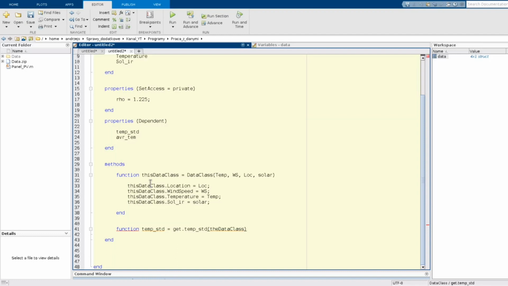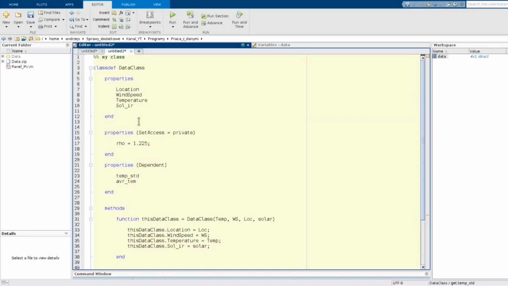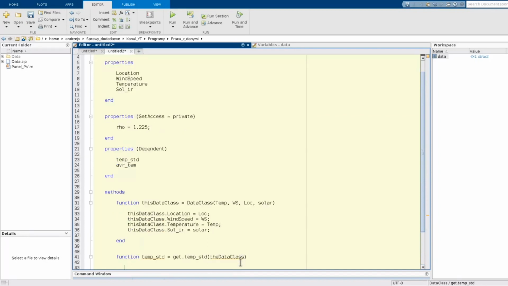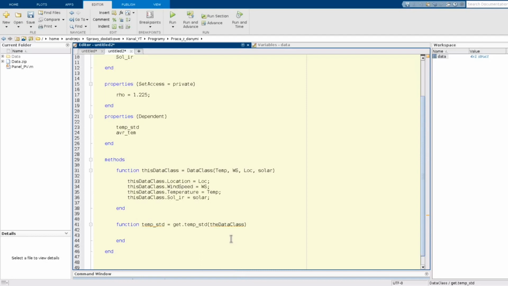In this manner this function has access to the fields of this object, so it can take the temperature vector and calculate the standard deviation for it. So temp std, and we just use the built-in function std